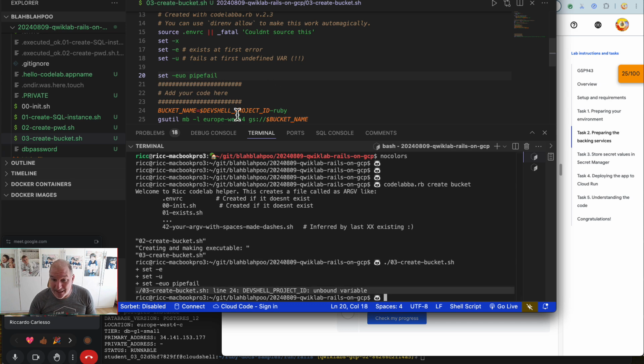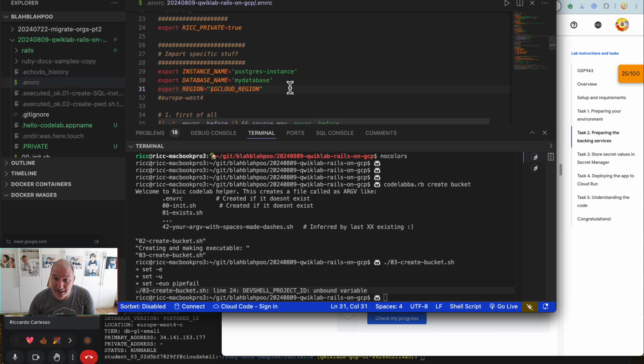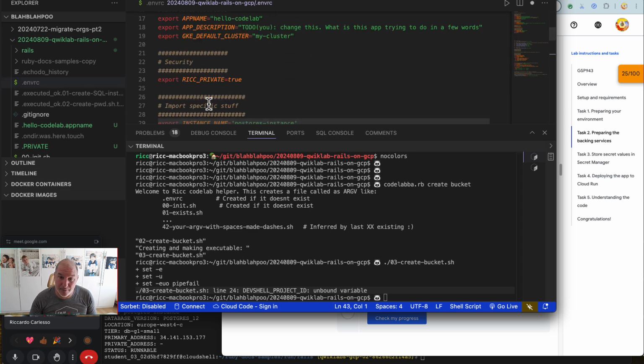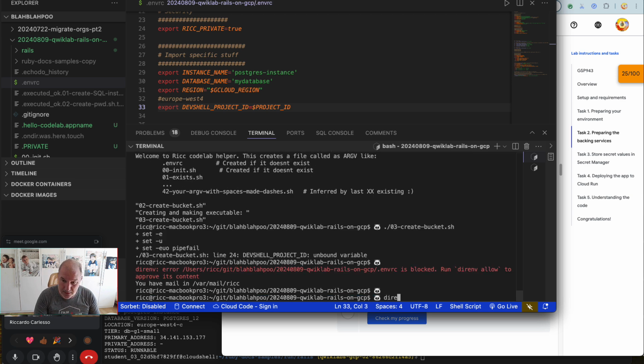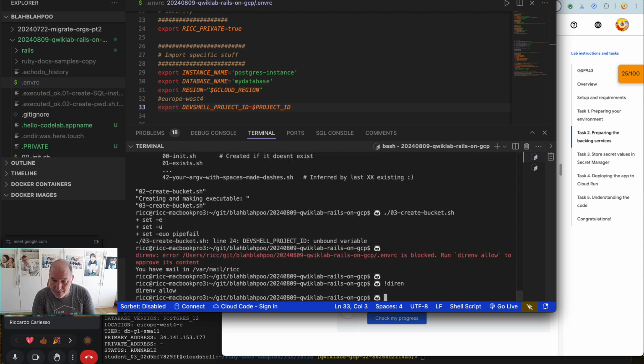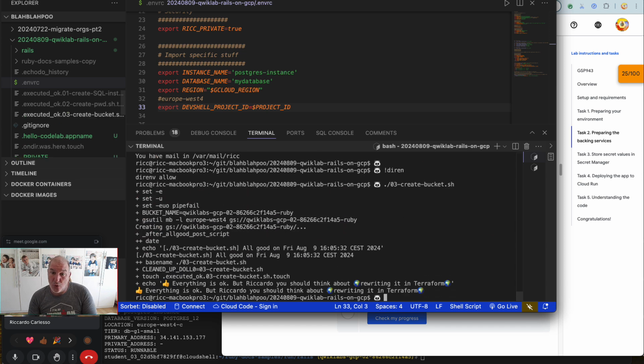So we fix it by putting it here in the env-rc and setting the export. Let me fix it later. We could do this, and now drenv wants, let's recall drenv, and now this should work. You see? Bingo. I like to do this because then my env-rc grows with all the variables that I need, and I have a single pane of glass to know all the variables that I might have to put somewhere else, for example in Cloud Build,